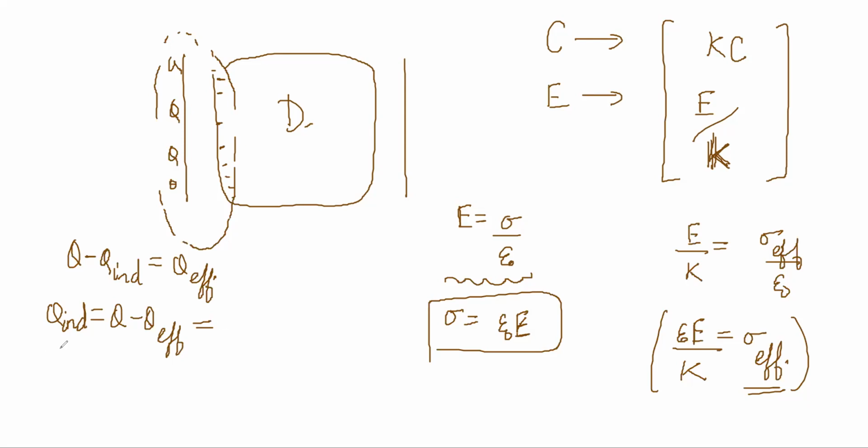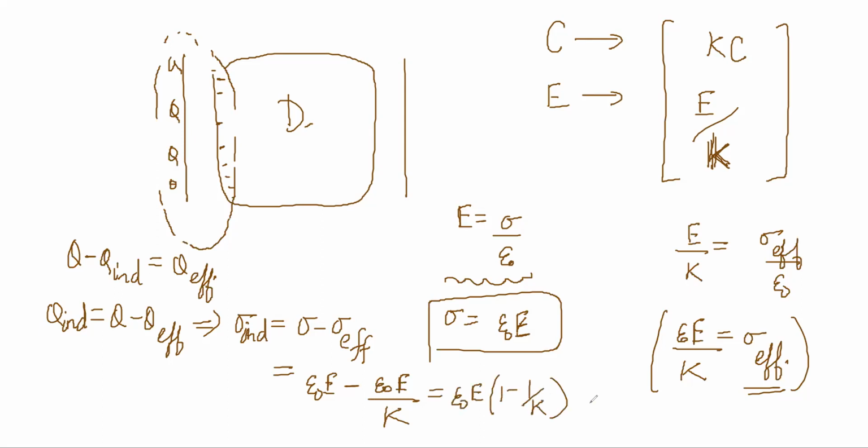which is equal to sigma induced now. Sigma induced will be equal to sigma minus sigma effective, which is equal to epsilon naught E minus epsilon naught E by K. So it becomes epsilon naught E times 1 minus 1 by K. Epsilon naught E was sigma original, so sigma into 1 minus 1 by K is my induced sigma. So the induced charge density is sigma into 1 minus 1 by K,